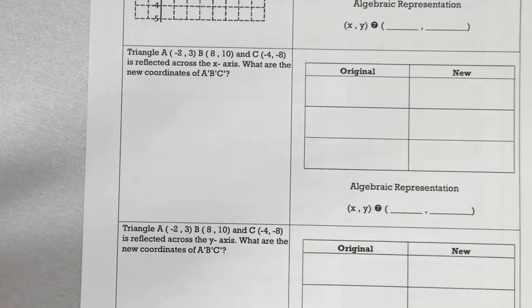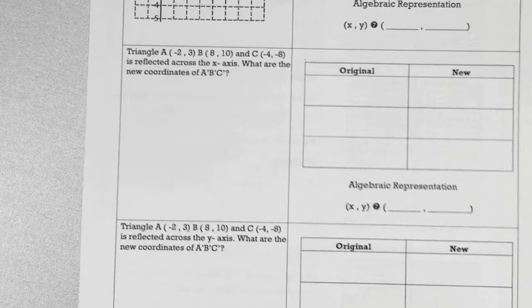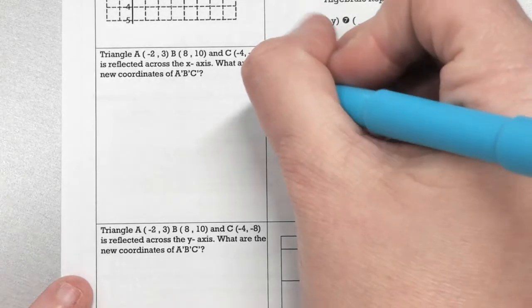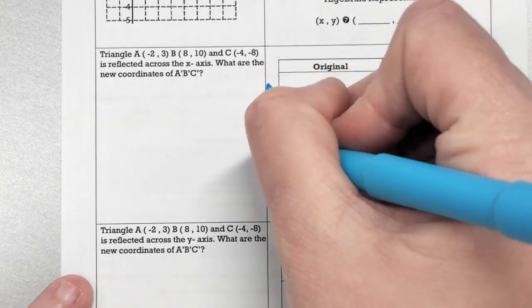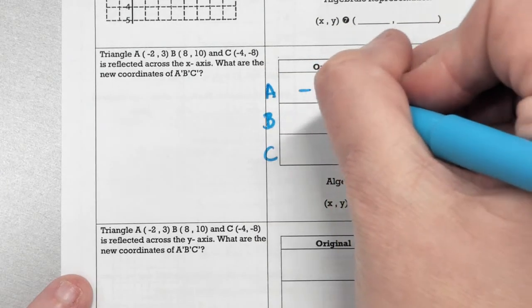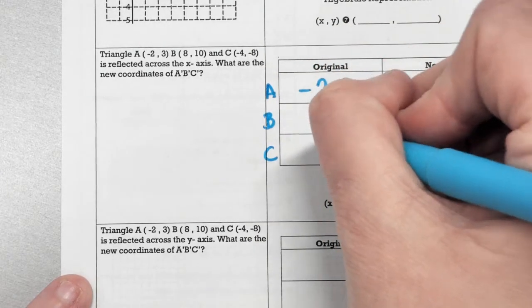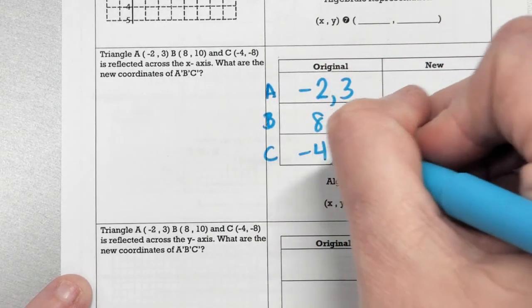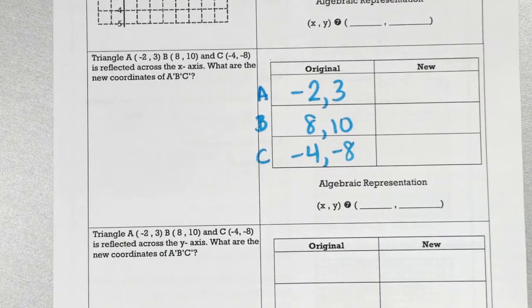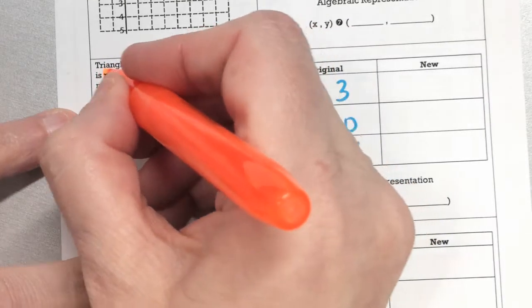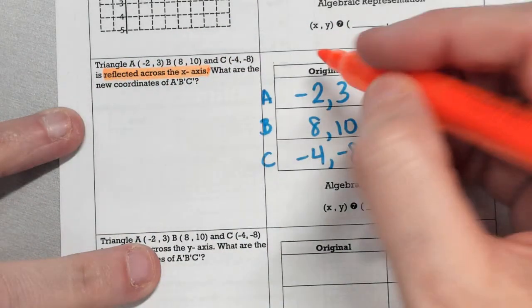Well, for that, I don't even need to do anything with the shape. I'm literally just going to write these points down. A, B, C: negative 2, 3; 8, 10; negative 4, negative 8. It says reflected across the x-axis. So that means I'm looking at